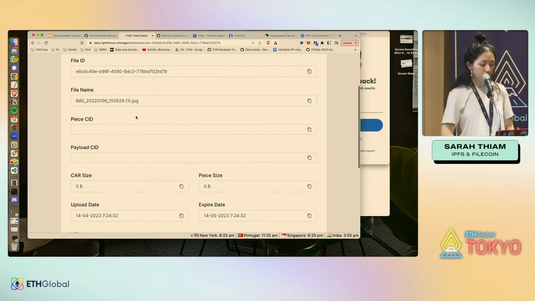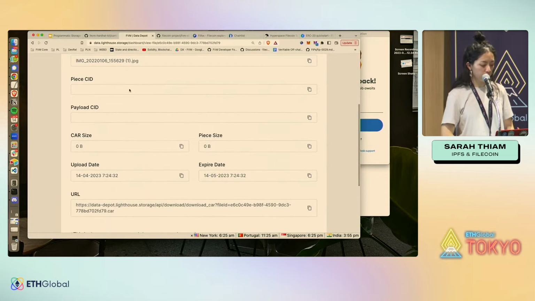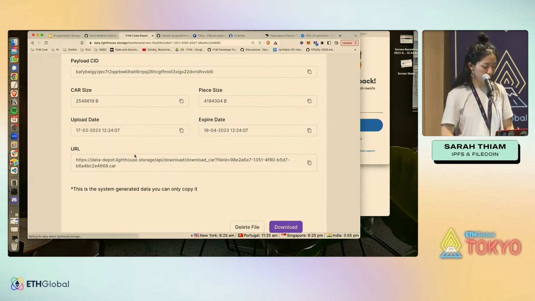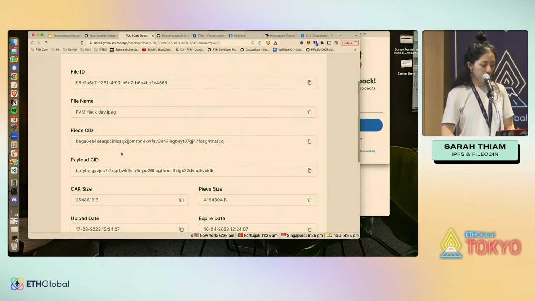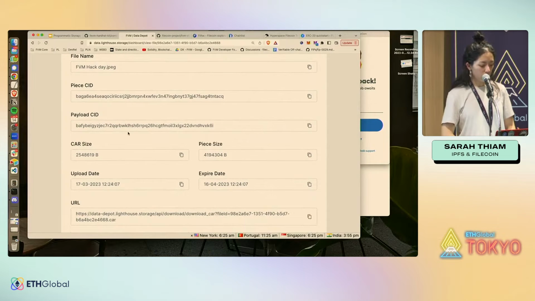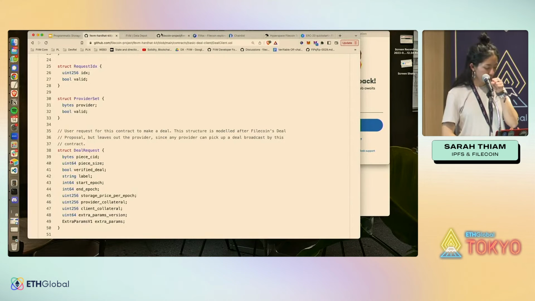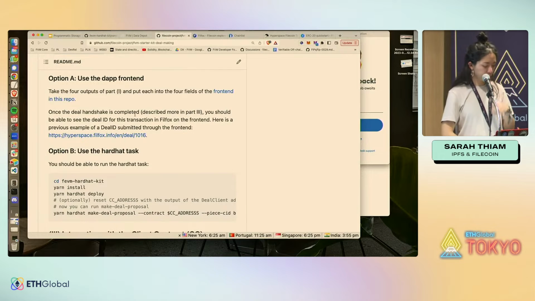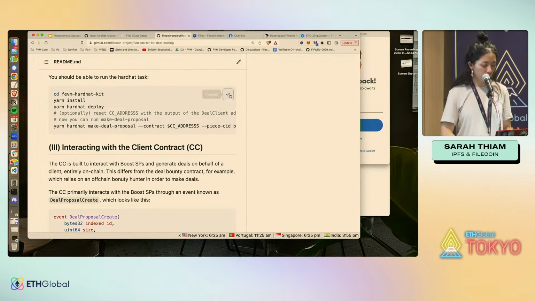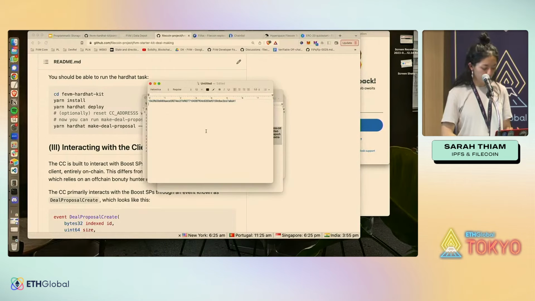So you have file ID, file name, and you usually have a piece CID. I think that's still being computed, so I'm just going to use one that exists right now. You have a piece CID and a payload CID. These are all fields that you need to key in, and we have a really easy way for you to see what you need to include. We've written it over here. So if I copy this and add it to a file,